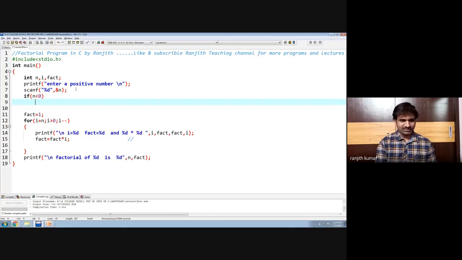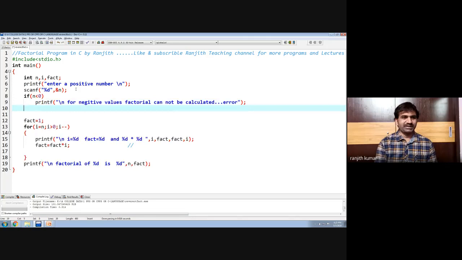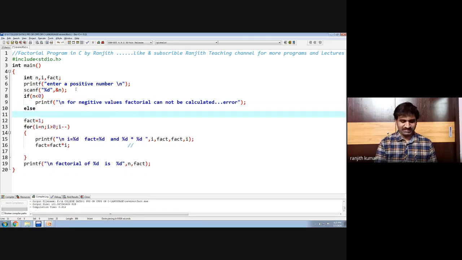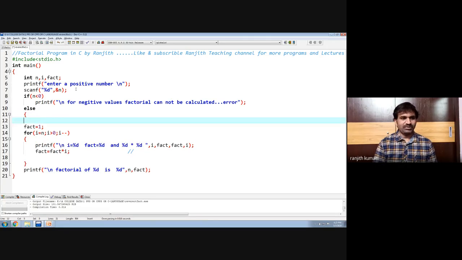If the condition is true, printf: for negative values, factorial cannot be calculated. Are we clear? So we are printing the statement. If the condition is false, we are simply running the program.